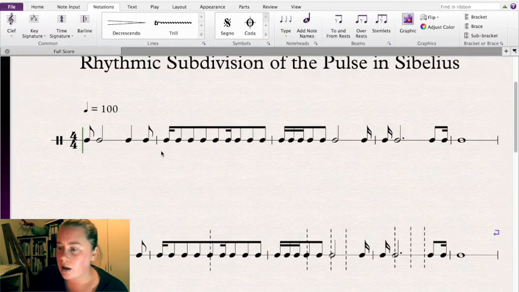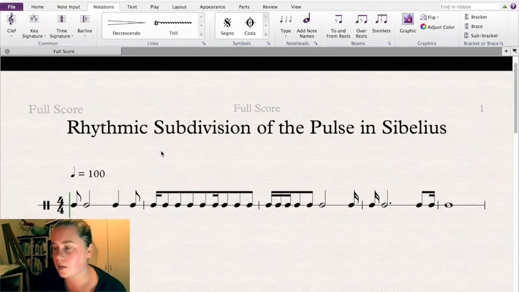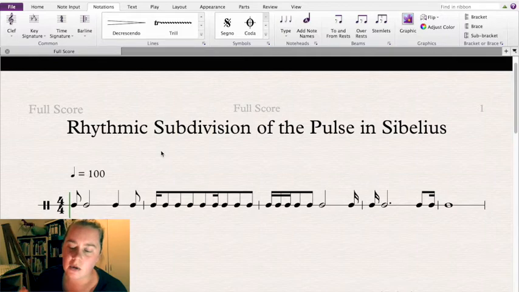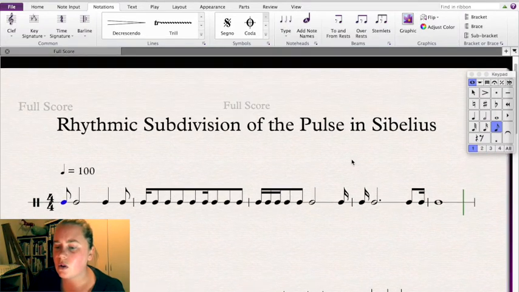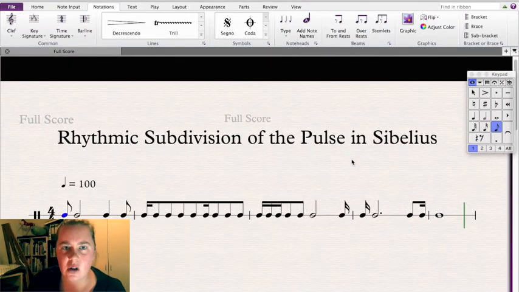So if we have a look at this little score that I have here for you, all we have at the moment is a rhythm stave. Okay, so just a single line stave with some rhythms on it. That's because I don't want to complicate things by having actual pitches in this video. I just want us to have simple rhythms. So as you can see, it looks a little funky. There's nothing particularly wrong with this, and the reason that it doesn't look right is because we've got some incorrect